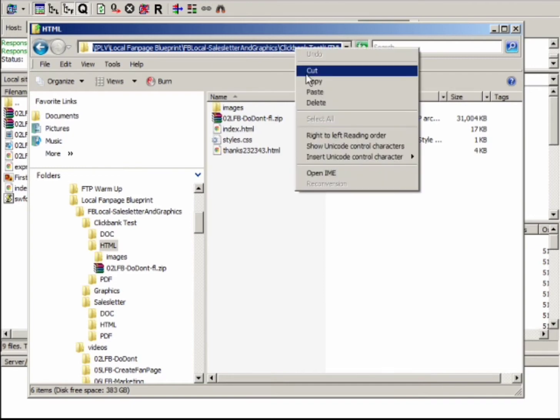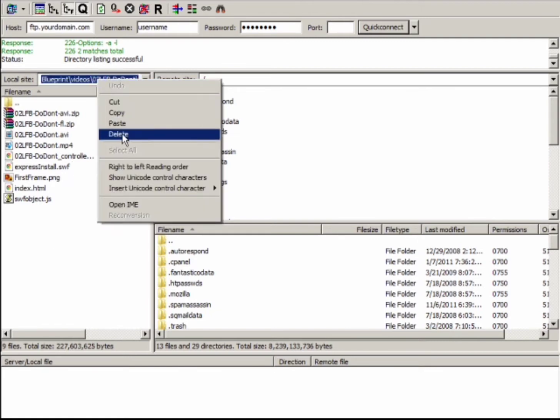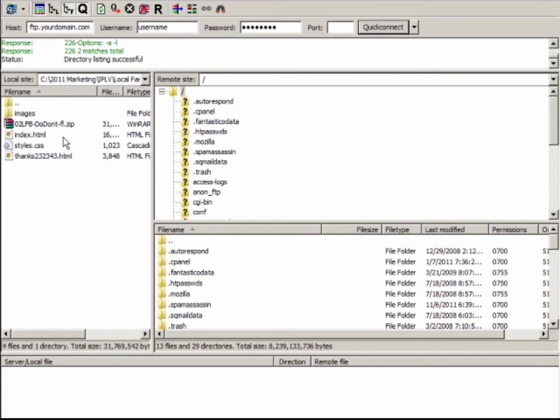So right click and copy, go back over here, and FileZilla is split up into two sections. This section over here is your computer section. So if I go here and right click, paste, enter, that's the files that I've been working on. The right side here is your website. So when I connect, normally you'll see this stuff here, and then you'll see